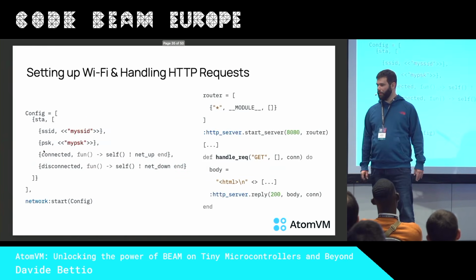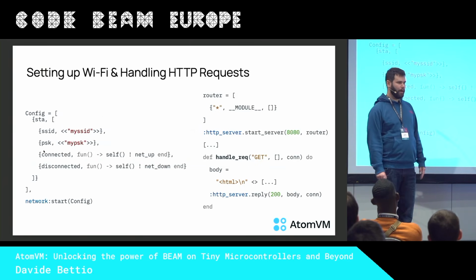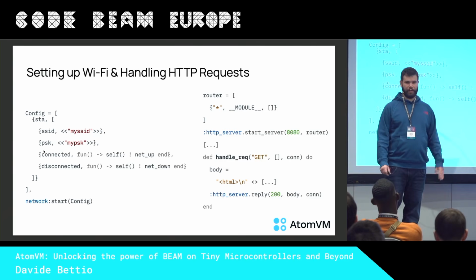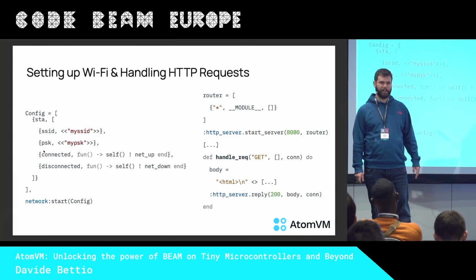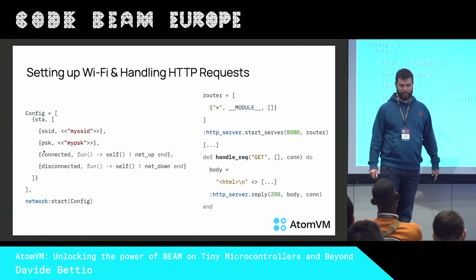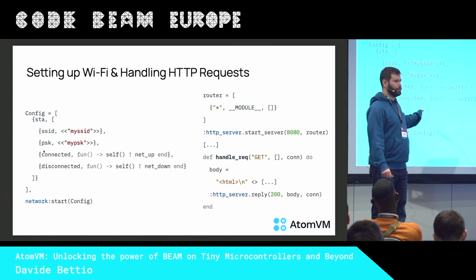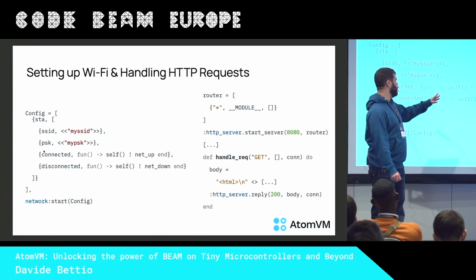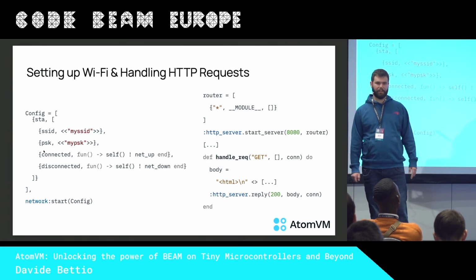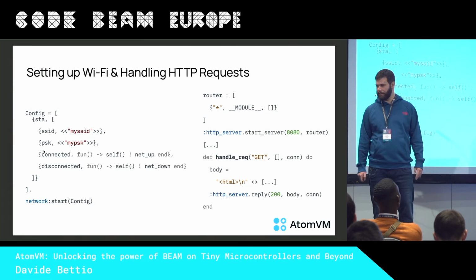And speaking about making a web server on a microcontroller, it can be a very easy task. I mean, you need just a few lines of code. On one side, you just set it up as a Wi-Fi station and connect to an access point, and on the other side you just bring up a web server and wait for events, basically.